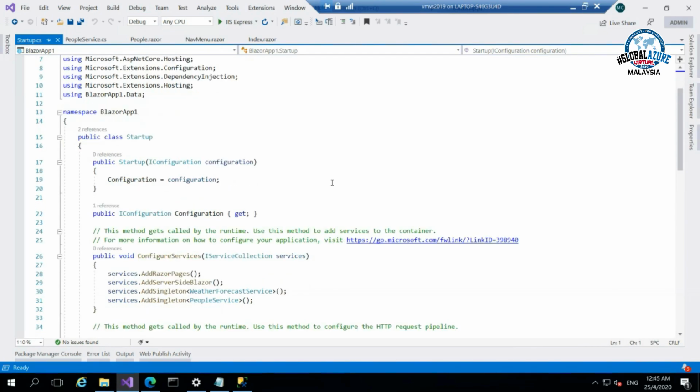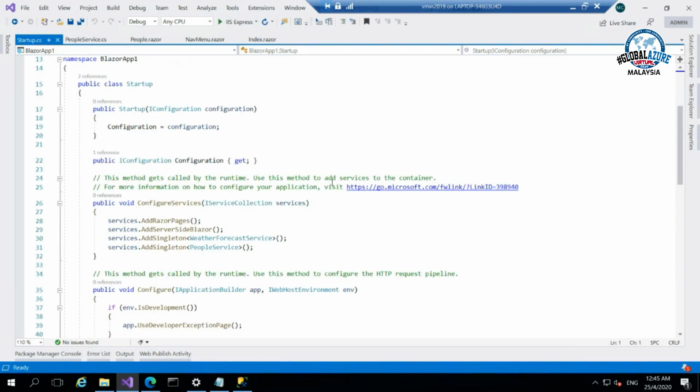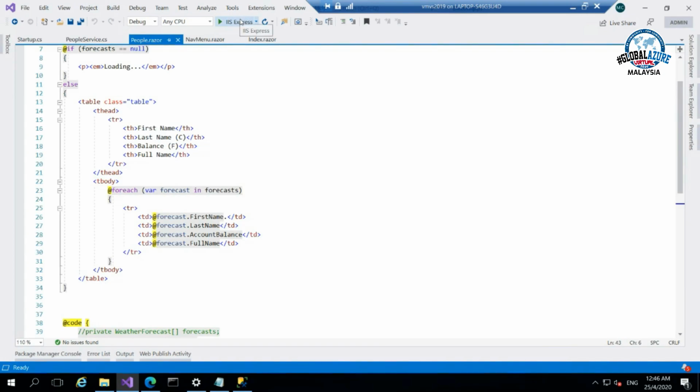You go to startup, and you basically see that I actually need to add this thing here. You cannot just add into the data folder and then forget about it. You have to add in here as well. So then now you can actually run it. And when I click this guy,